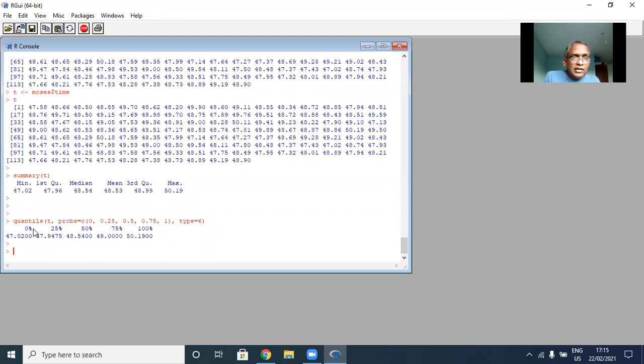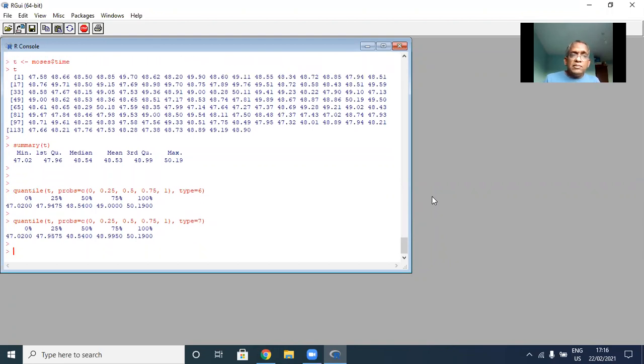What you have here is the 0th quantile, which is the minimum, the 25th quantile, which is the first quartile, the 50th quantile, which is the median, the 75th quantile, which is the third quartile, and the 100% quantile, which is the maximum, right? Now you can also have type 7, but type 7 produces slightly different results,